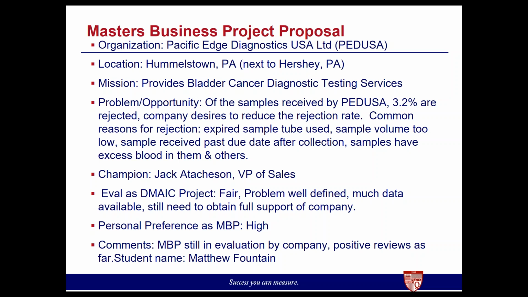In reducing rejection rate, typically one of the things that may be inhibiting in this is the ability to use a wide range of tools, which we'll check with Matthew on that. If it's going to be more of a statistical analysis type of approach, then some of the things like lean, which is more of looking at work layout, looking at value, muda, waste, and those type of things, certainly would be applicable to this. But one of the things I need to clarify from him is the scope about this. You did indicate a very high in this, and so if you got some questions with that, positive reviews so far from the company, and all